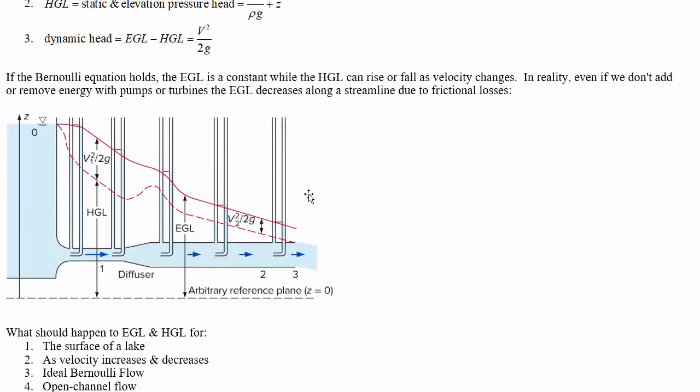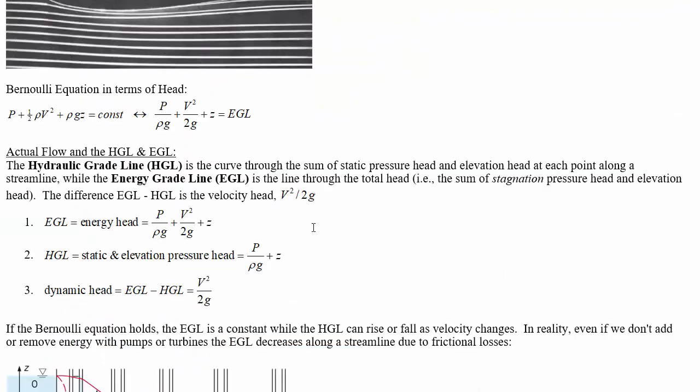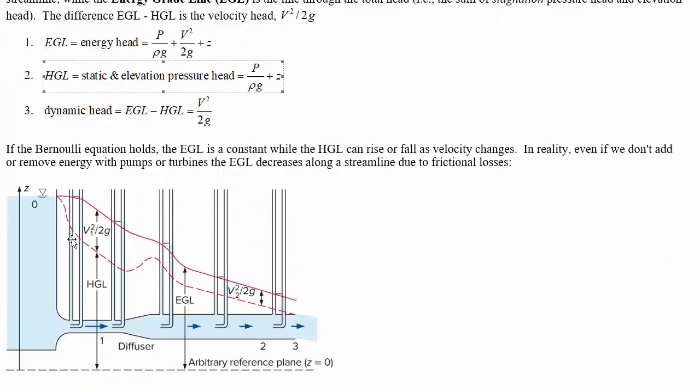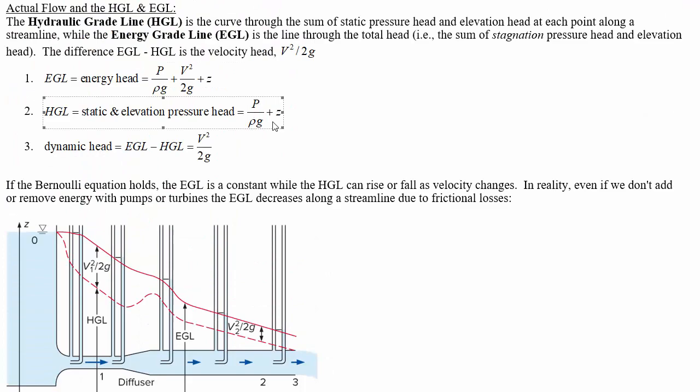Well, if the velocity is still 0 and we haven't had any losses, then the energy grade line part that is holding energy and velocity is still 0. And with no losses, the other two parts, which are the HGL, should be the same. So with no velocity change, HGL is just constant. Doesn't matter whether we're at the surface of something or looking lower down. But HGL being P over rho g plus Z,